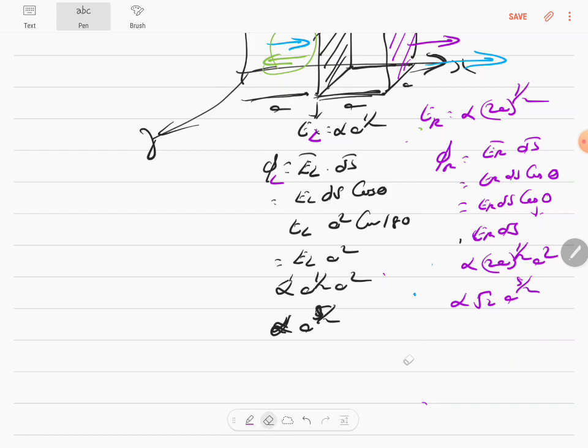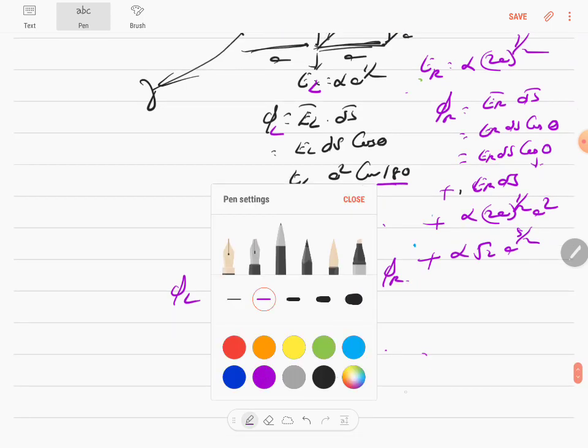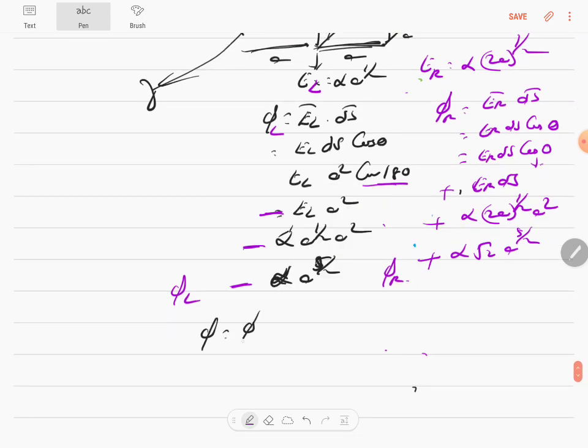So that will be it. But here it's cos 180. So then you will have a negative sign here, whereas you will have a positive sign here. So this is the flux through the left and this is the flux through the right. So the net flux, therefore, you just have to add both the flux through the left plus flux through the